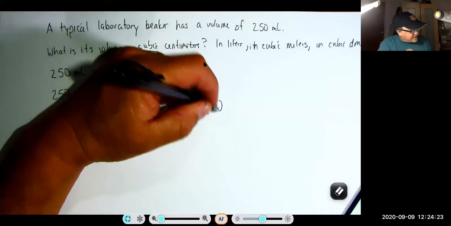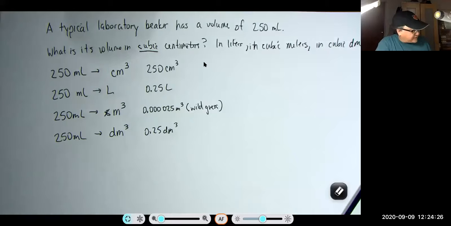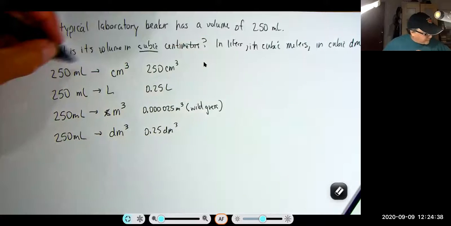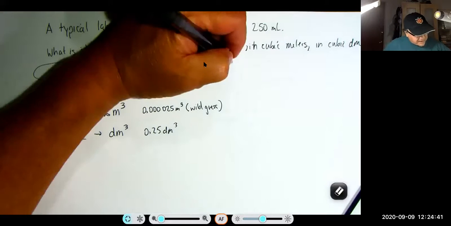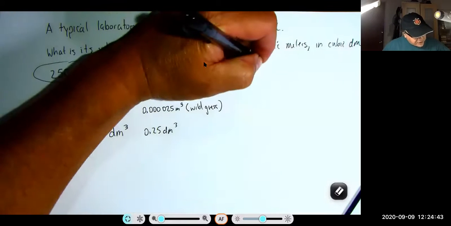Now let's say that each of these happen to be right. And this is the kind of work you showed on an exam for this problem. And the problem's worth 10 points, you get 1. That's it, because you didn't show any work. So let me show you how to show the work. So for this first one, you have to know that 1 milliliter is equal to 1 centimeter cubed, and this